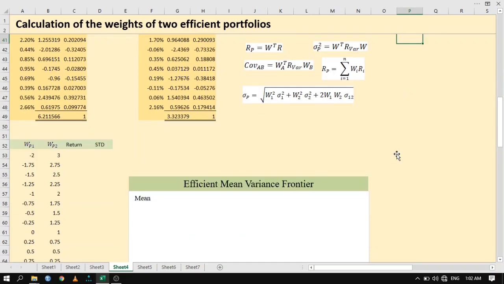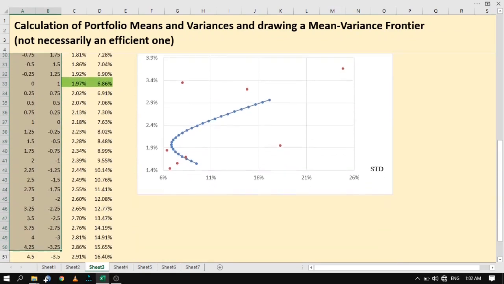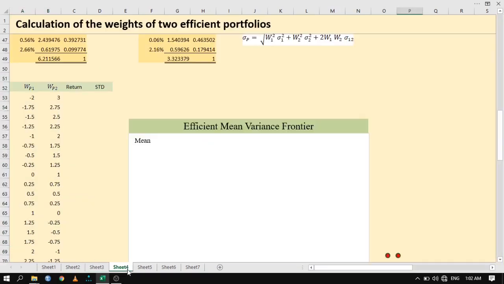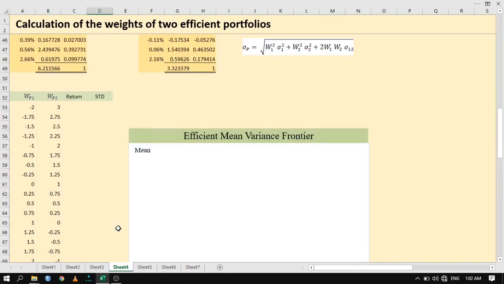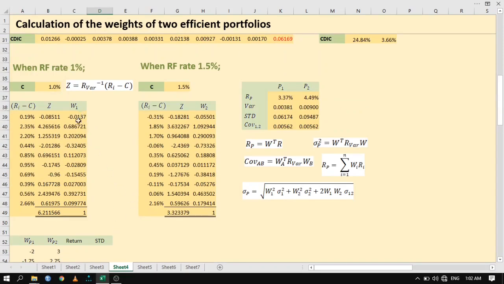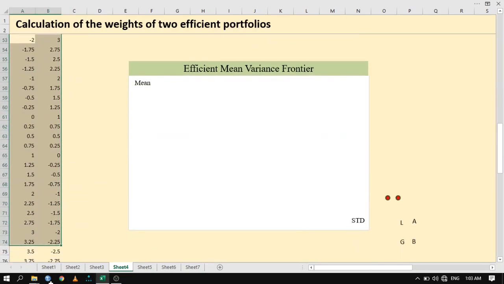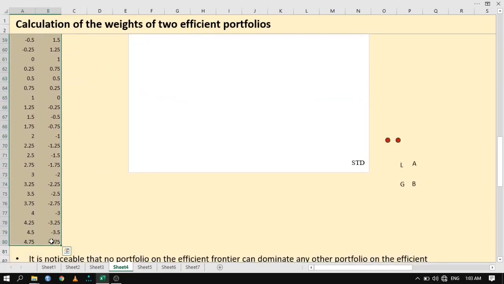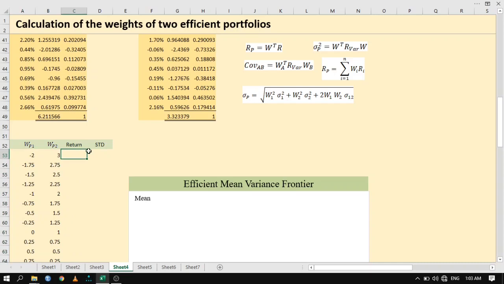Right. Now what I am going to do is copy all the values that I have created here down into the sheet, right? Likewise. Then using these two weights, I have calculated these portfolio characteristics, and based on these characteristics I am going to again calculate the return and standard deviation of this set of portfolios that I have created so that I can plot those values in a chart in order to identify the efficient mean variance frontier. So first I am going to calculate return here, equal